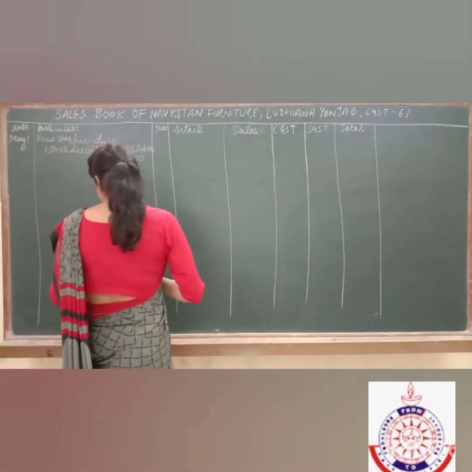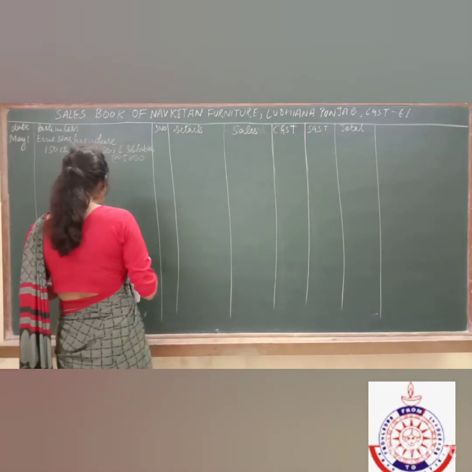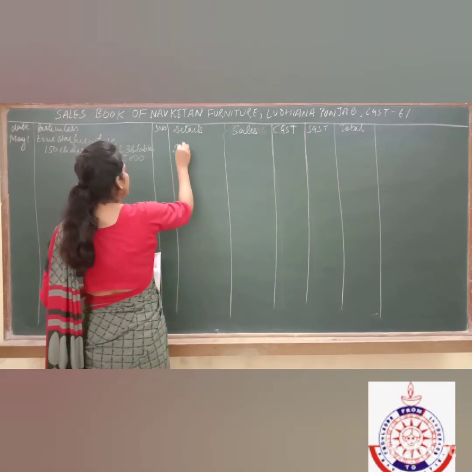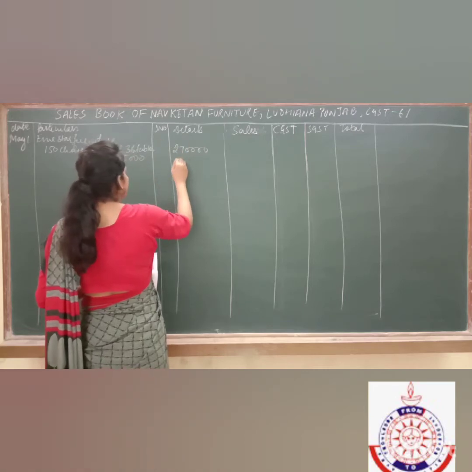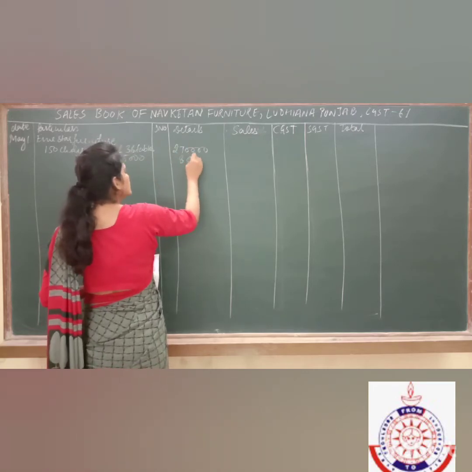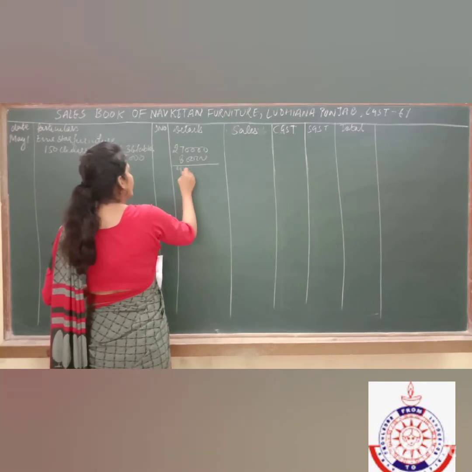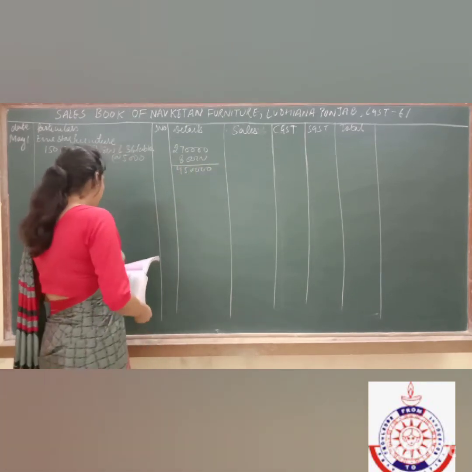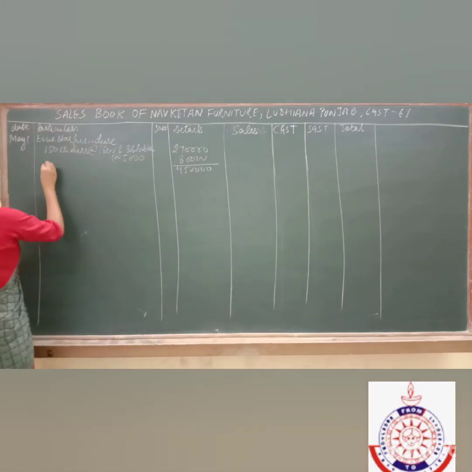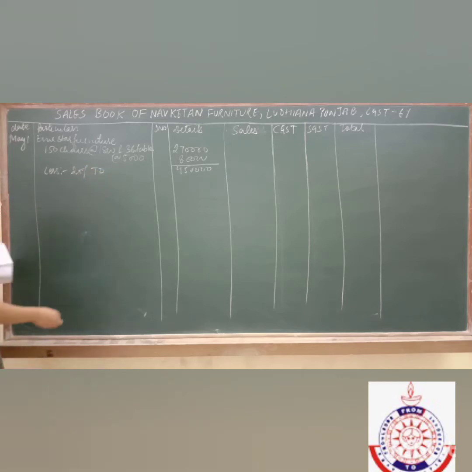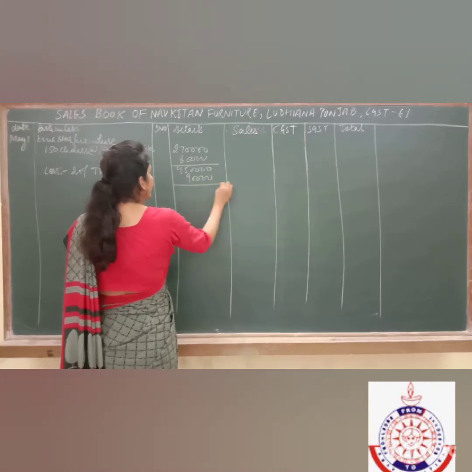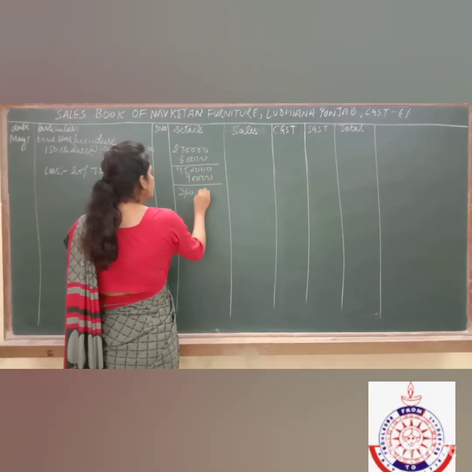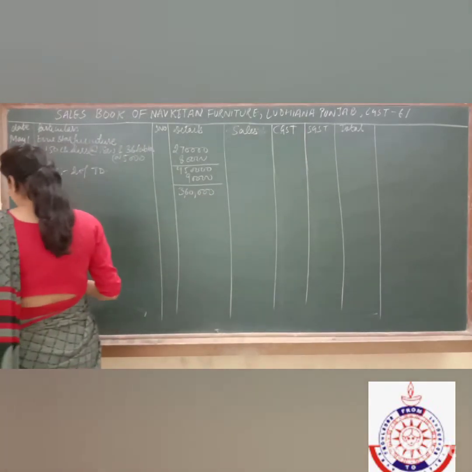It is 150 into 1800, that means 2,70,000. Then 36 into 5,000 is 1,80,000. So total becomes 4,50,000. In the question it was told to subtract trade discount 20%. So less 20% trade discount, 20% becomes 90,000. We are left with 3,60,000. Then we have to add